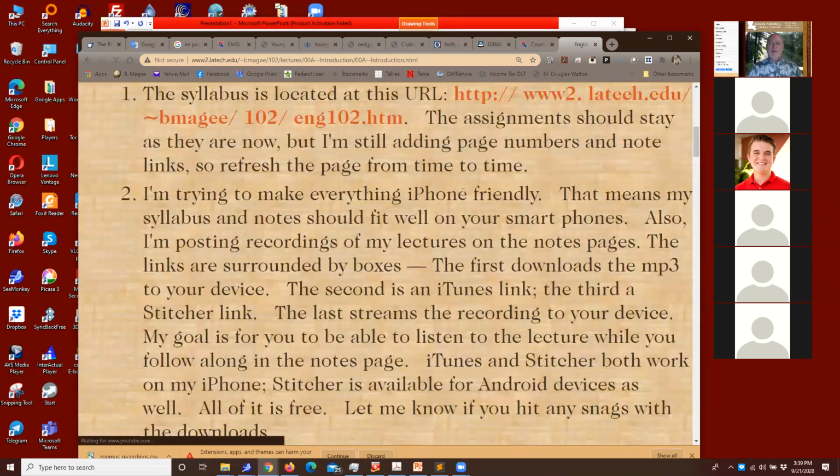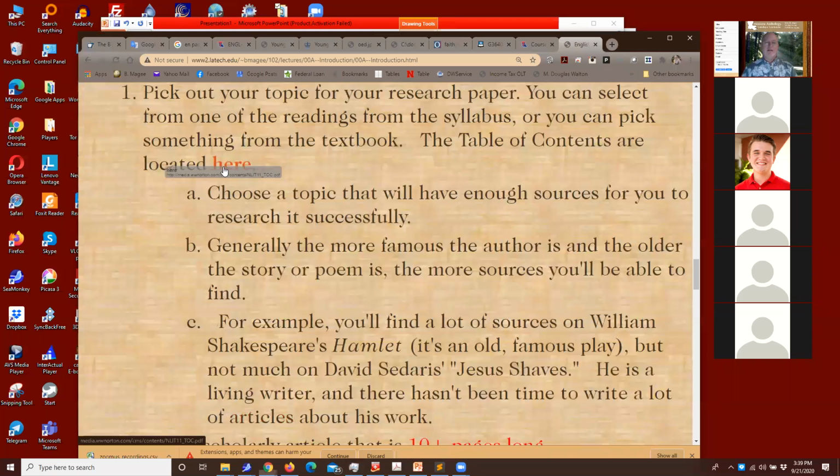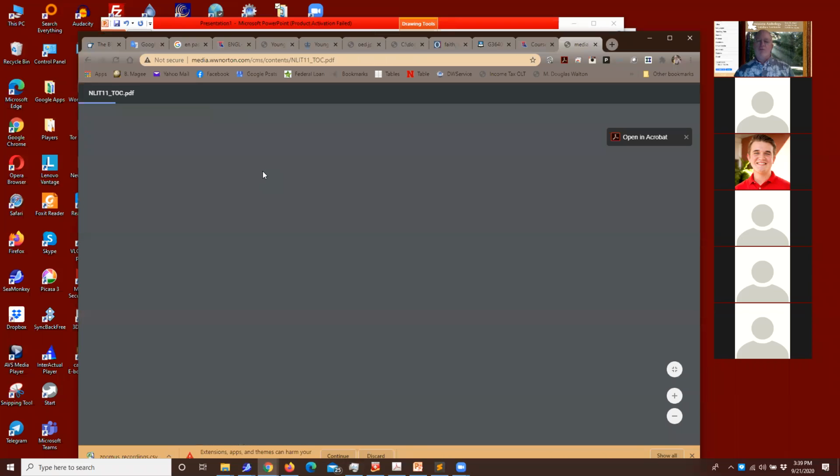It can be anything in the book that we decided we weren't going to buy because I never use it. But I had a link to the table of contents. So here's their table of contents. This is what all the other English 102 students are using. My stuff's online. Oh my God, the internet is slow today. Like we've opened this before and it just opened up. It's only a few pages.